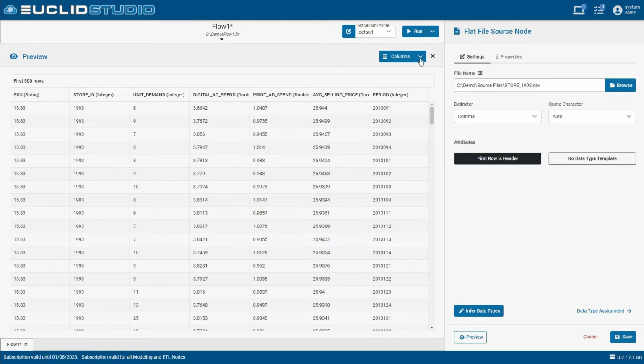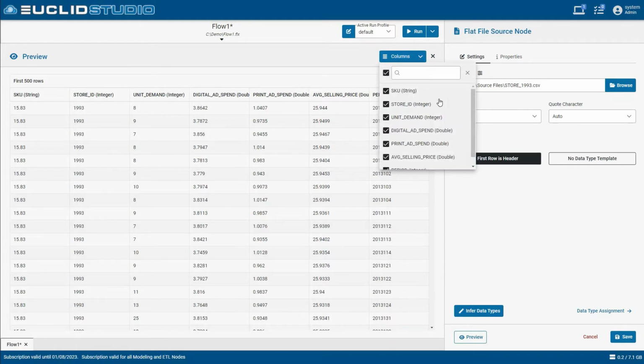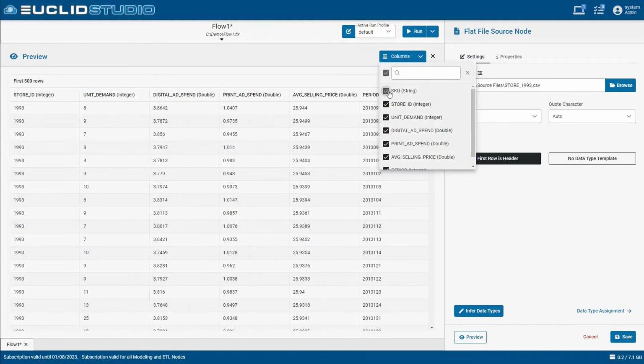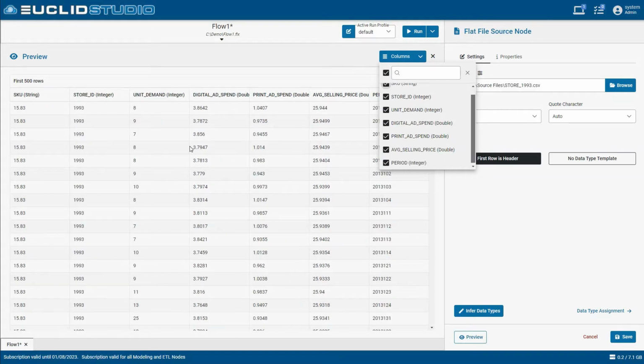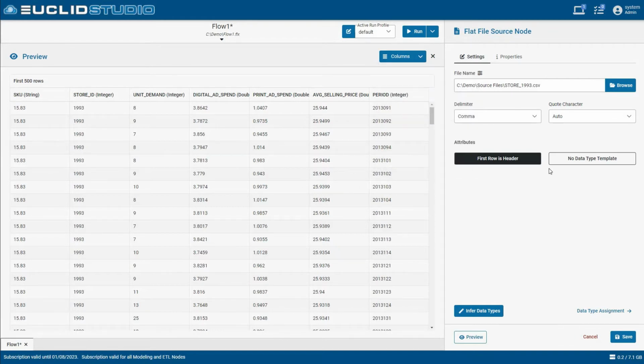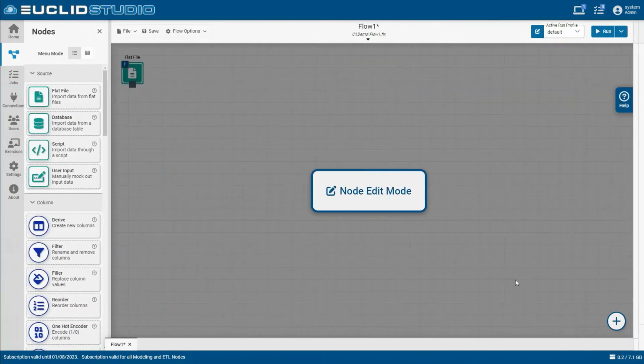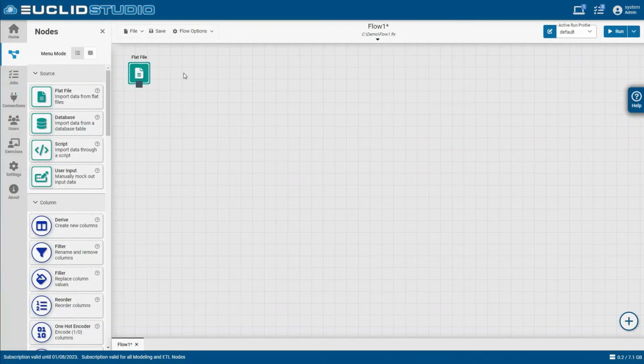We have a section up here on previews where we can actually go in and exclude or include any of these columns just to reduce this down for what we're looking for. This doesn't actually remove the columns from the data set, but rather it is a way for you to be able to limit the data you're looking at for ease of previewing. Now that we've made these changes, we're going to click Save. It's going to take us out of node edit mode. Our warnings have been removed from this flat file node,